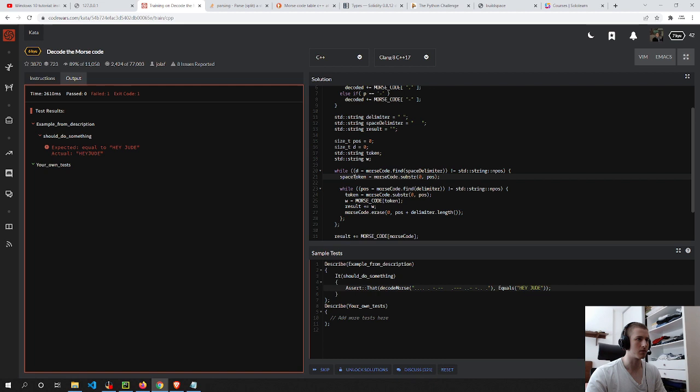Space token D. So then I can put if space token, then... I'm not sure if this is gonna work, but